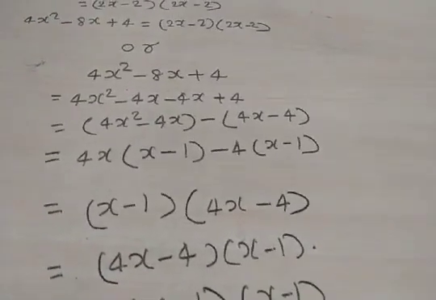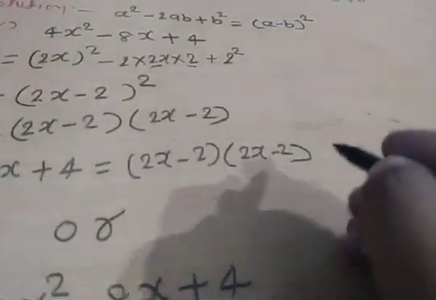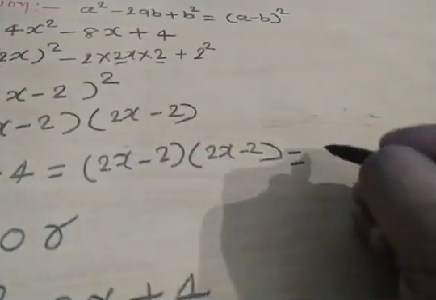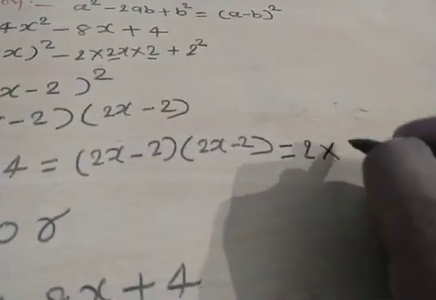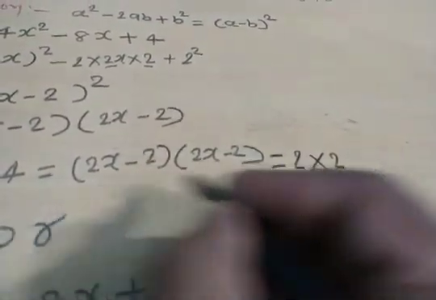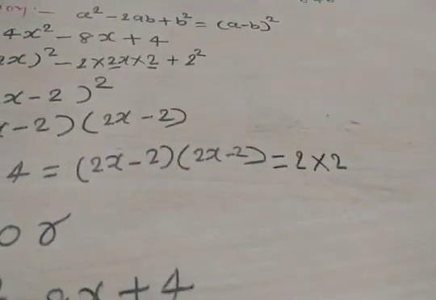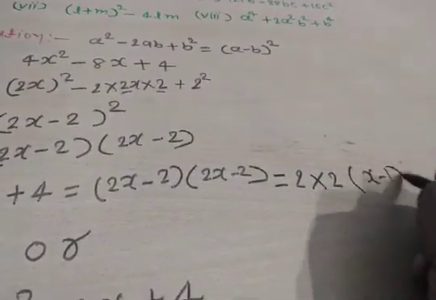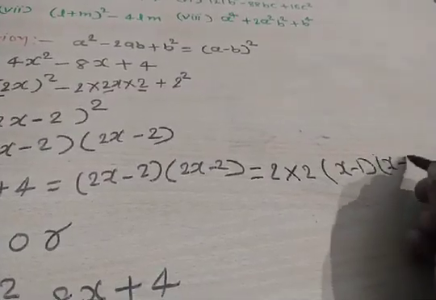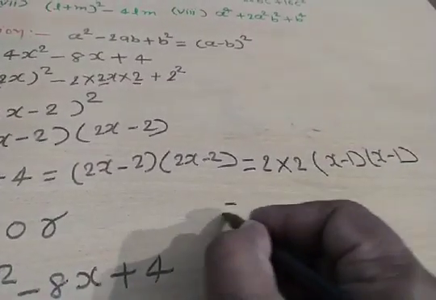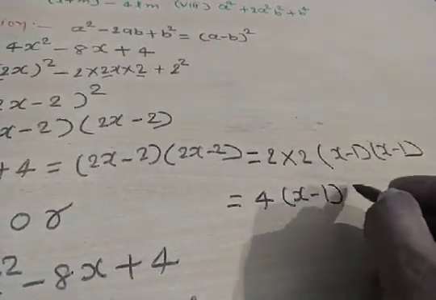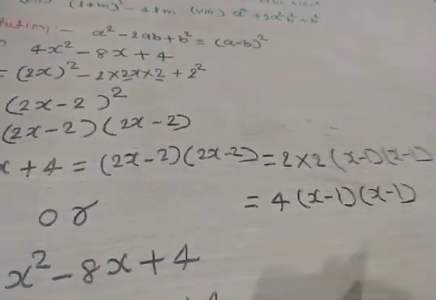Okay. And now see this step. Clear? You can take common 2 from here and 2 from here. Okay. So we obtain 2 into 2. First bracket we take common 2, and second bracket we take also common 2. So we obtain here x minus 1 into x minus 1, and this becomes 2 to the 4. Clear? X minus 1, x minus 1. This is clear.